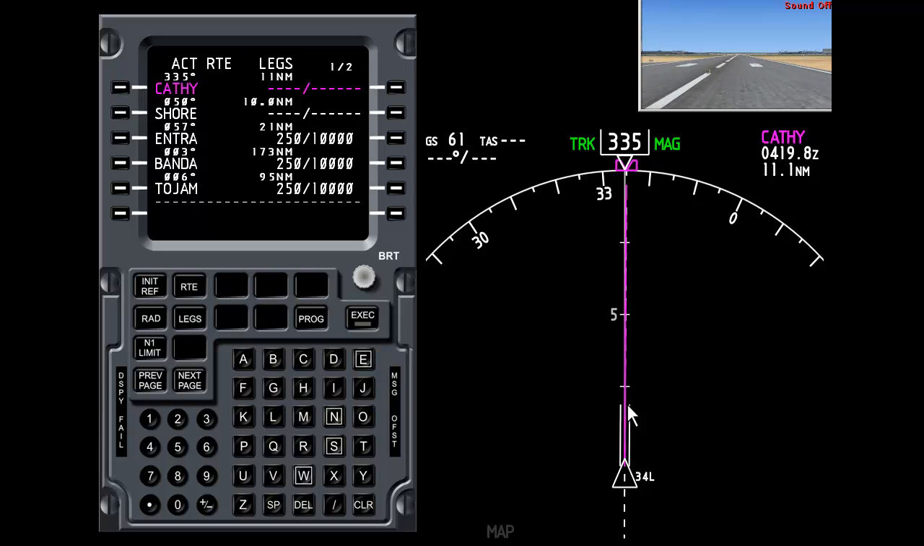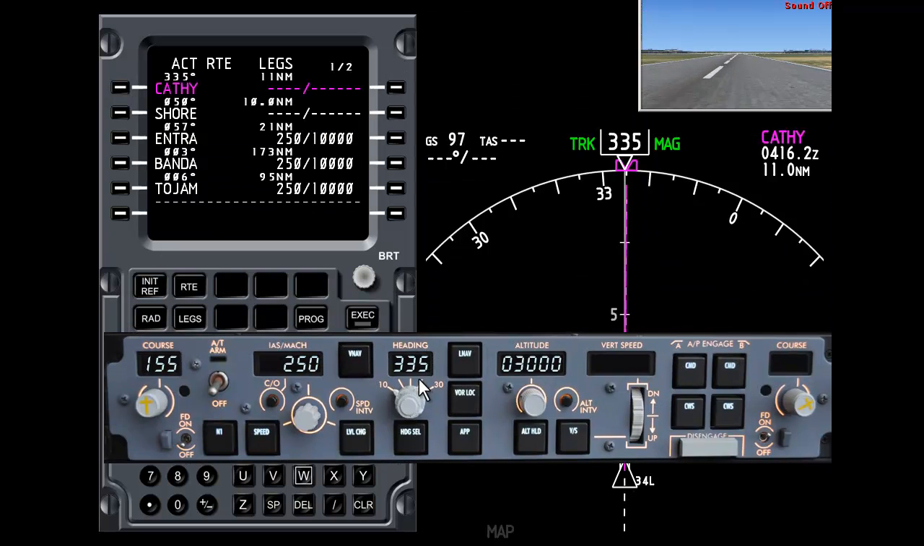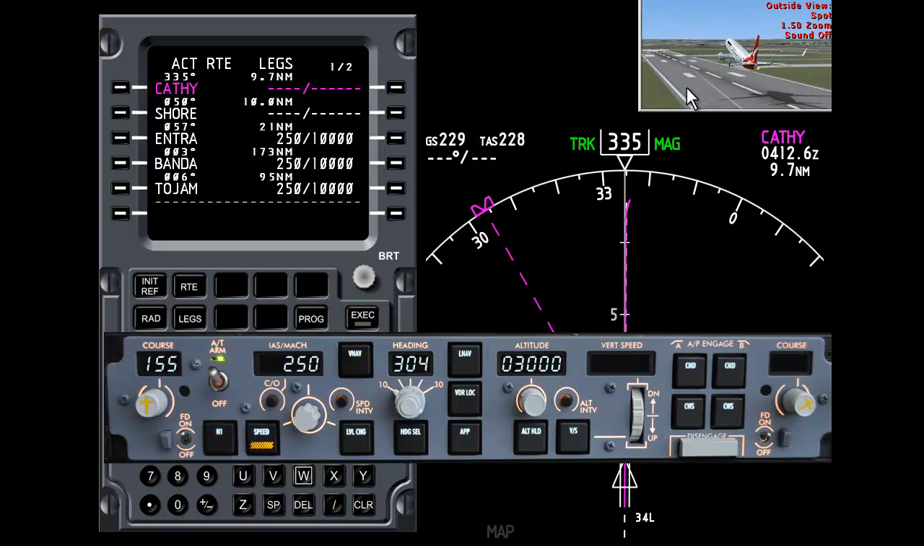Now, to get the aeroplane to fly a heading, you remember we alter the heading bug up here. There's the heading. To fly a VOR, we alter the course bug. Now to fly a planned route, it's this button here called LNAV. So what I'm going to do is just get the aeroplane flying. Just get it off the ground. I'll engage the autopilot